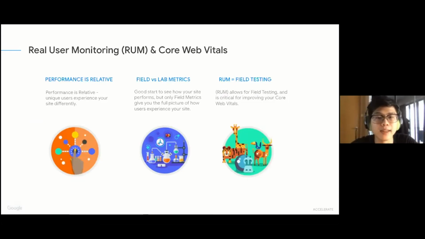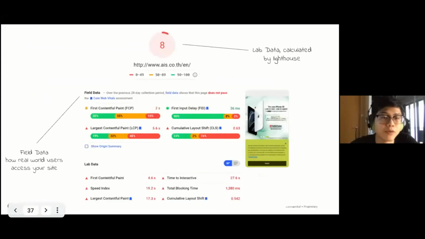Field data comes from real user monitoring. We will have some tools further on sharing how to do real user monitoring. But you definitely need to collect a lot of user interaction data of your site. That data will be an accurate reflection of your site's real performance. So that's the difference between lab and field. Next page, please. Some of you may have already tried out this tool called Page Insights,